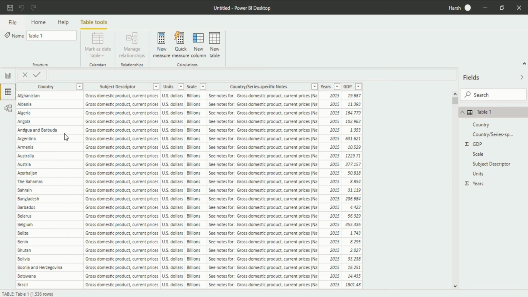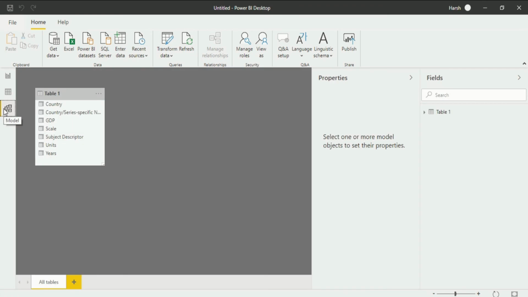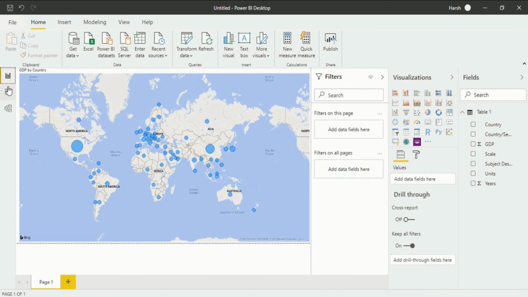The third button opens the relationship view. This is the relationship view that allows us to connect the tables in a data model with each other. So I hope you understand what a relationship view is. That is the first thing you should know: you have three views, by clicking on the different buttons in the left column.